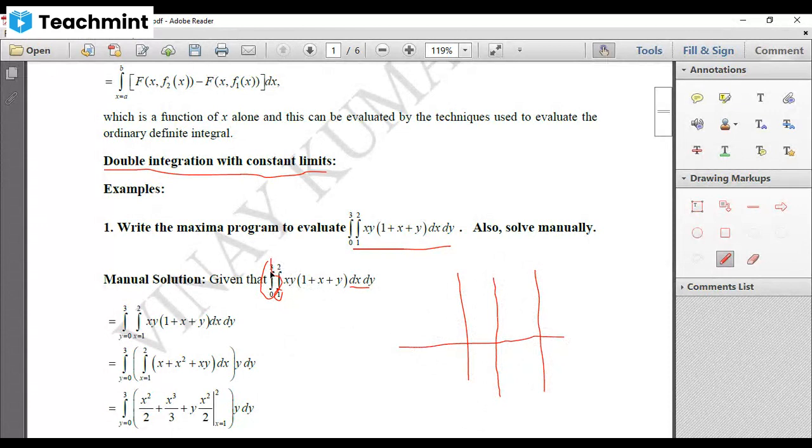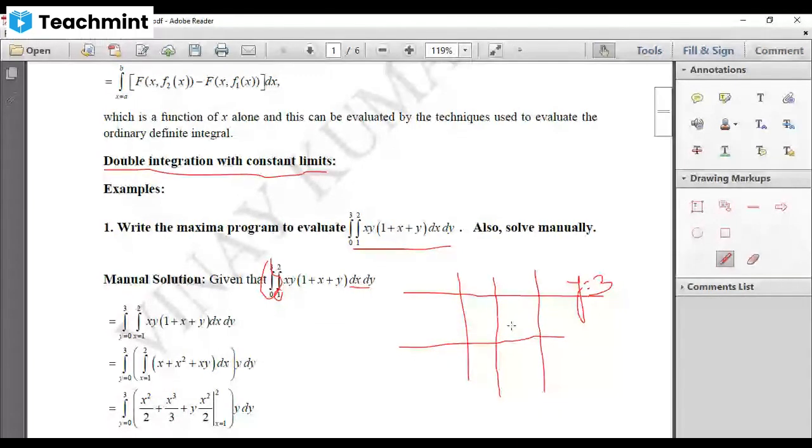Then you are having one more line, y equal to 3. So from origin, you take the y-axis length as 3. Right? This point is 3. So you draw a line parallel to the x-axis. This is your y equal to 3. Fine. Now, see, this is origin. This is y equal to 0. This is y equal to 3. This is x equal to 1. This is x equal to 2.